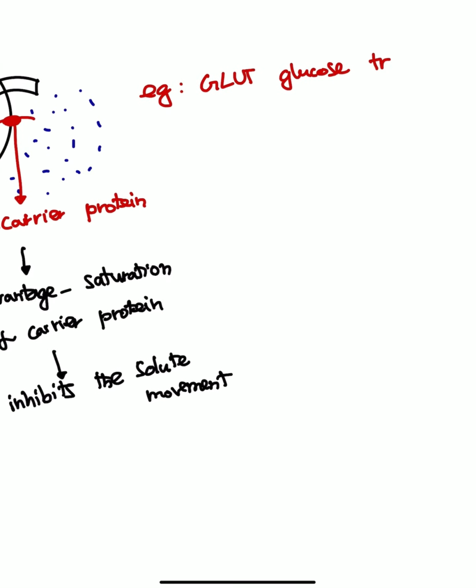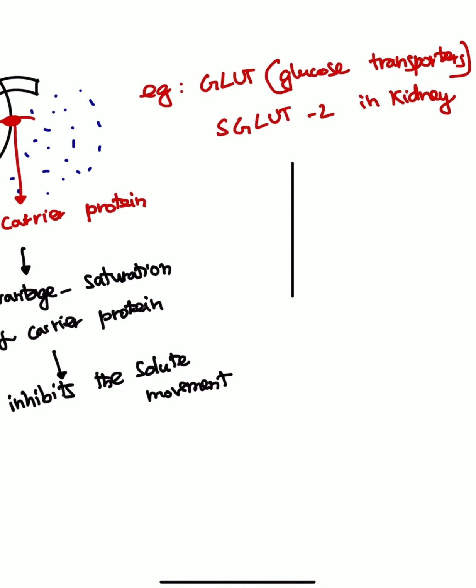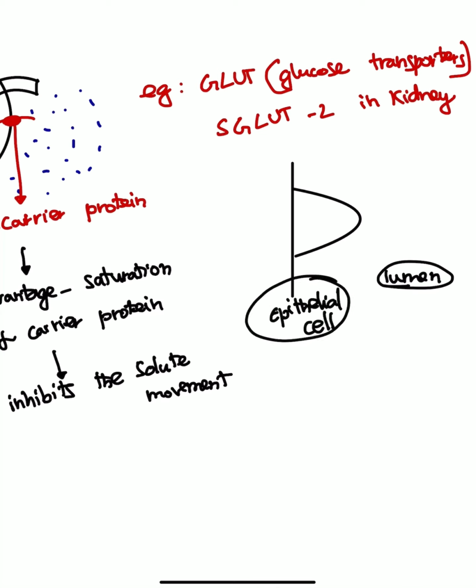To be very specific, one example related to this carrier protein is SGLT2, sodium glucose transporter 2 in the kidney. So this is one of the carrier proteins present in the nephron epithelial cells, tubular epithelial cells, where this particular carrier protein helps in reabsorption of glucose from the luminal fluid into the epithelial cells,